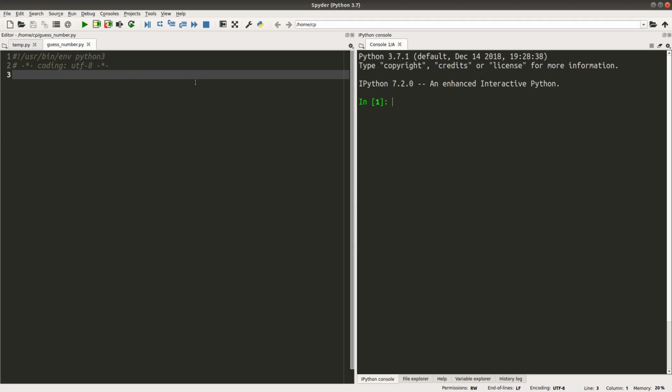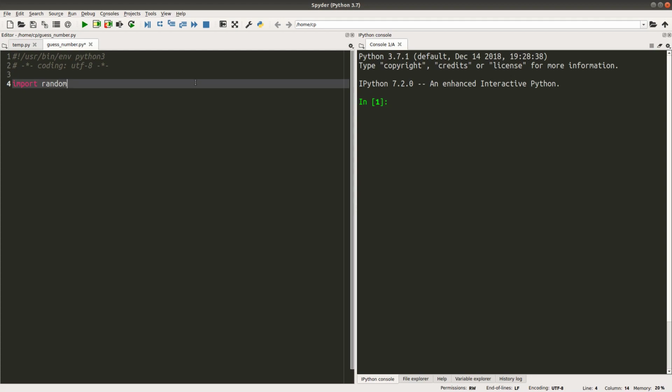In order to set up a random number, we have to rely on the random package from Python. So I have to import it first. Random is a module provided by Python, which can give you a way to generate a random number. I will use the functions provided by this module later.